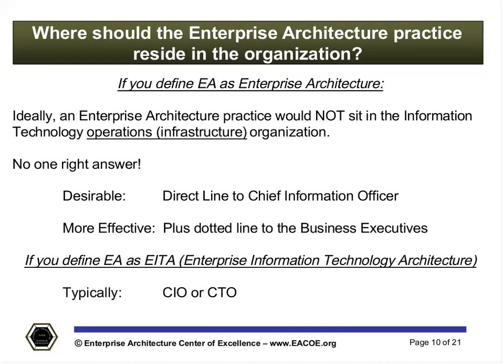And there are many names out there now for people that are doing this that are not called enterprise architects anymore. One that we hear is BTP, Business Technology Partner. We see people that are called strategy enablers. There's lots of different phrases that try to get people to understand that it is different. Now, at the bottom of this page, if you define enterprise architecture as enterprise information technology architecture, which is what we see most people are doing, in other words, systems focus, then typically that would be the CIO or the CTO in the organization.